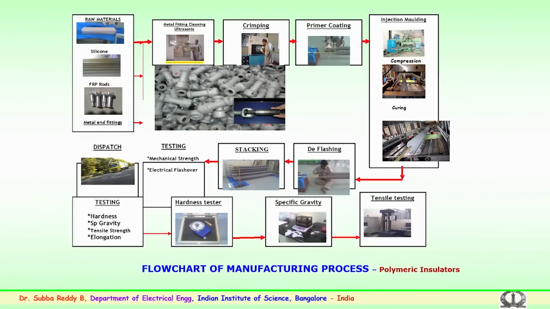So, all these tests are apart from the electrical, mechanical, and bending tests. The chemical and surface changes which could take place are checked, and finally, after clearances from the mechanical and electrical testing, the material is dispatched to the utilities for use in